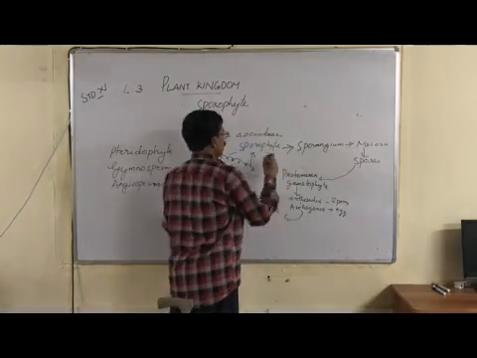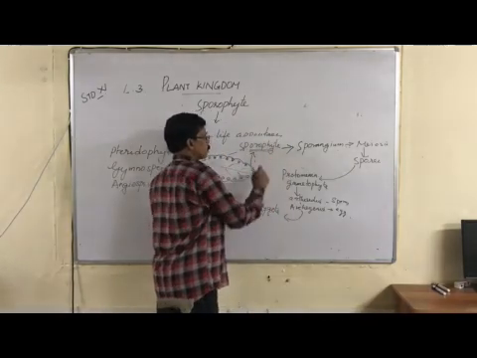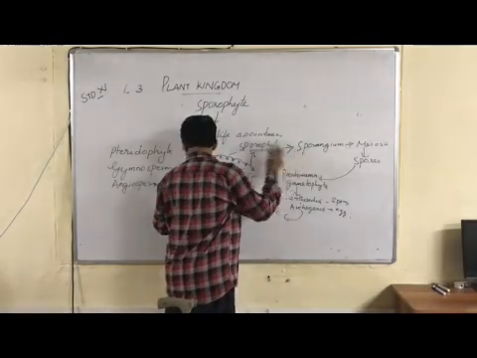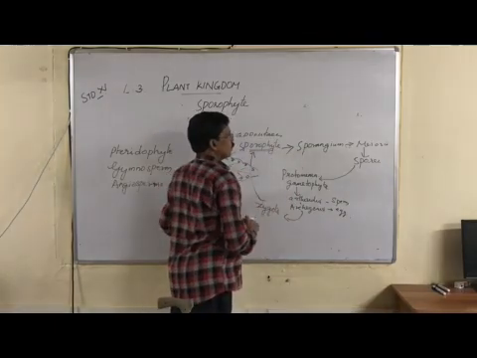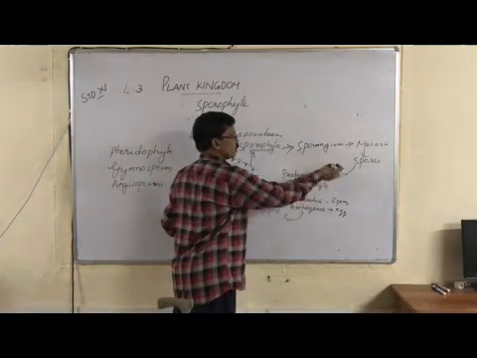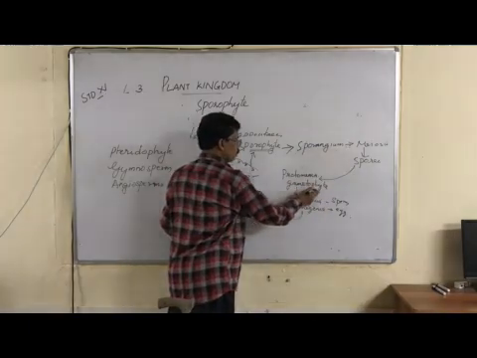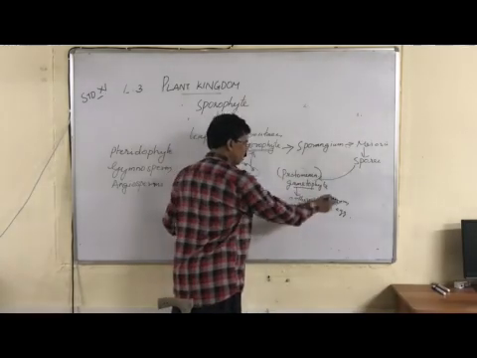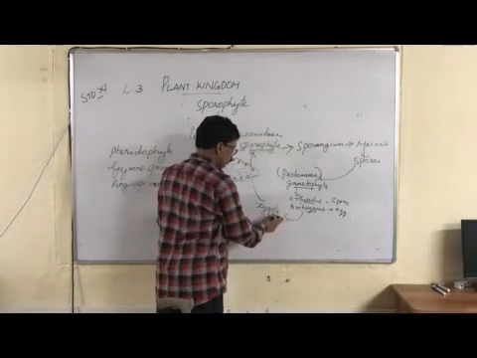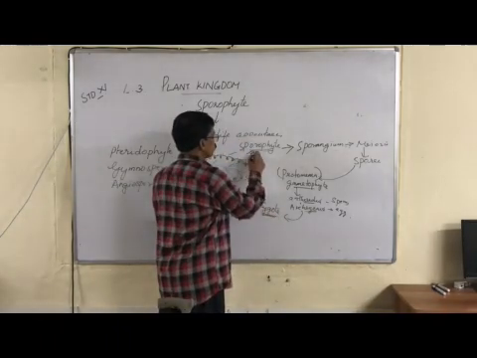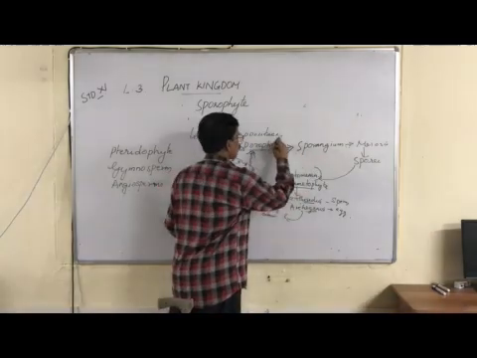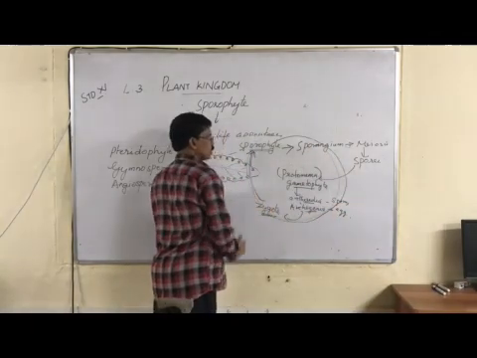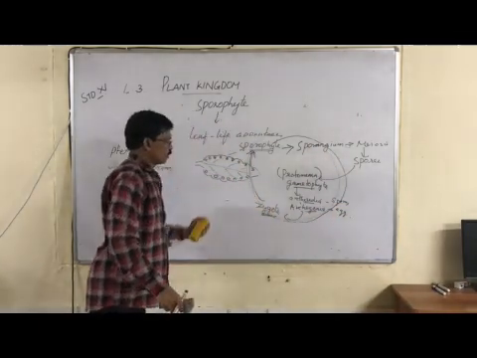So you see, first the sporophyte is the plant body in pteridophytes. The sporophyte possesses leaf-like structures called sporophylls. Sporophylls bear sporangium. Inside the sporangium, meiosis results in spores. Spores germinate to form the gametophyte called protonema. The gametophyte bears antheridia and archegonia. Sperm and egg produced in the antheridia and archegonia fuse to form the zygote. The zygote germinates to form the sporophyte again. In this way, sporophyte, then gametophyte, again sporophyte. This is called alternation of generations, the life cycle of pteridophytes.